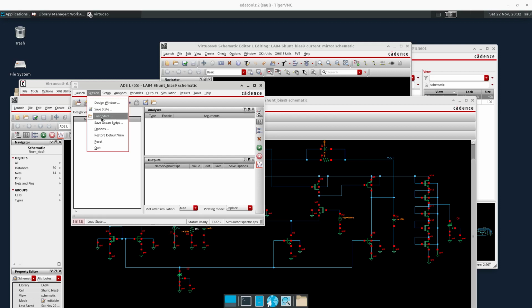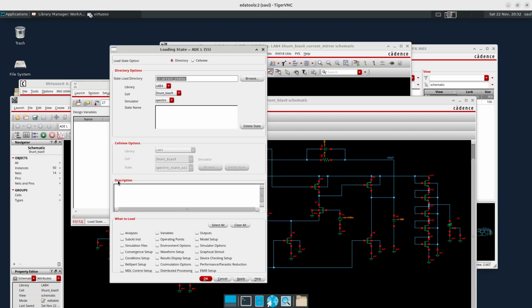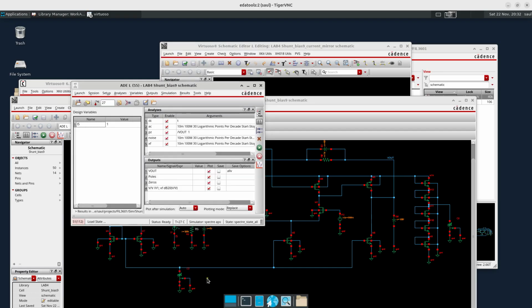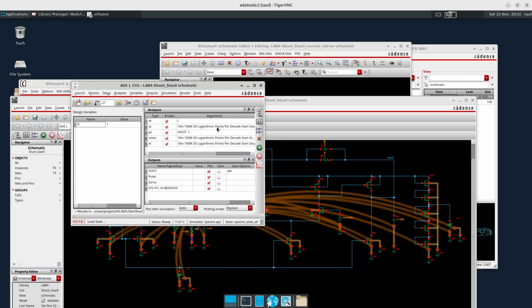So let's run the test on our circuit. So we're going to open state that it is ready. Okay, so then here we will check everything that we have been checking so far: DC operating point, AC, pole-zero, noise, and then I added something else that is called the transfer function or XF